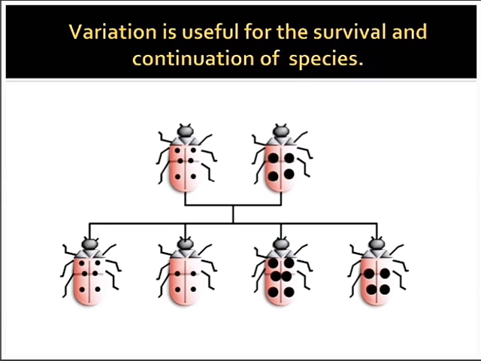But don't get confused that the beetle which has the paternal character will not have the maternal character. No, the baby has the character of both, but the character which was dominant is shown on the beetle's back, while the character which is recessive is inside its gene. It is hidden, it is suppressed, but it is not lost.